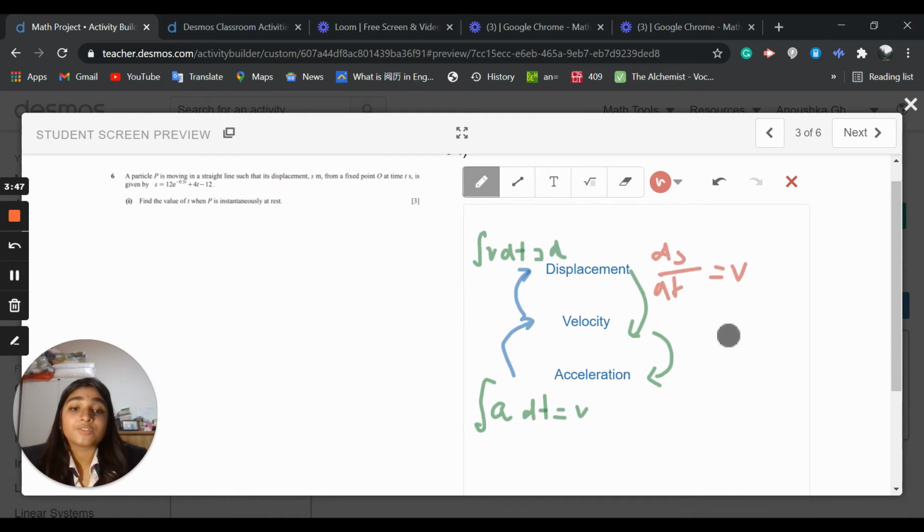On the other hand, velocity to acceleration, dv over dt. Perhaps the question says that you only have your displacement. So how would you find acceleration? Well, the other way out is the double derivative of